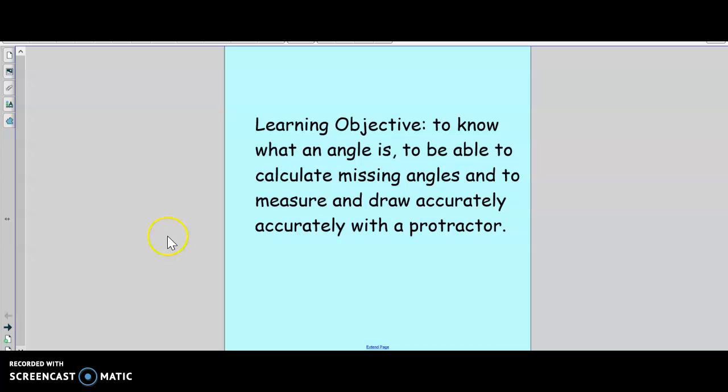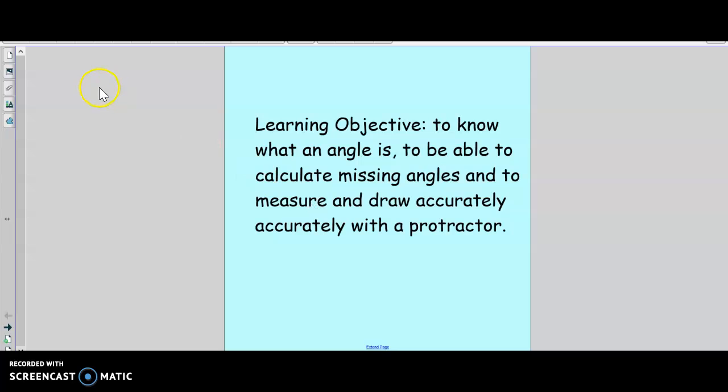Here's your lesson for this morning. We're learning all about angles. Now, your learning objective is going to be to know what an angle is. We're not going to look at calculating missing angles for today, but we are going to try and measure some